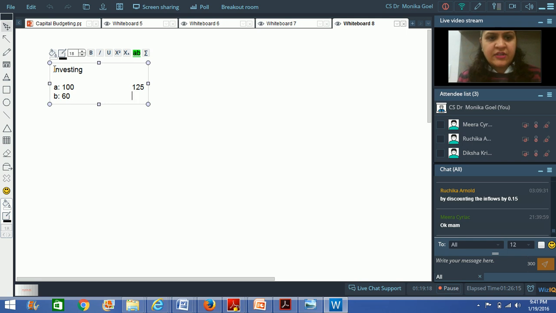And the second project is giving you a cash inflow of 75 rupees. This is the present value of the cash inflows. So if I go by the net present value method, then in this situation,